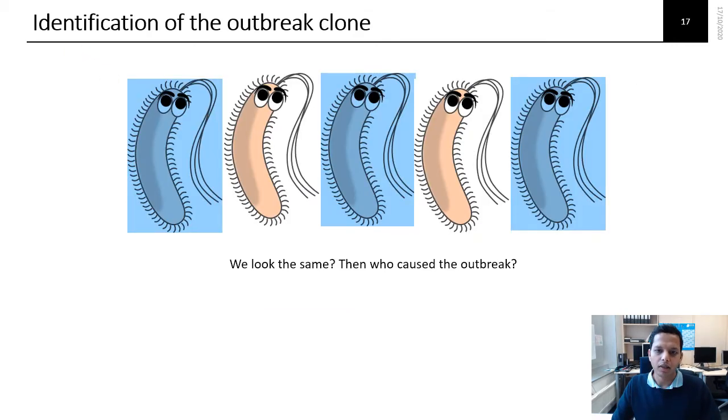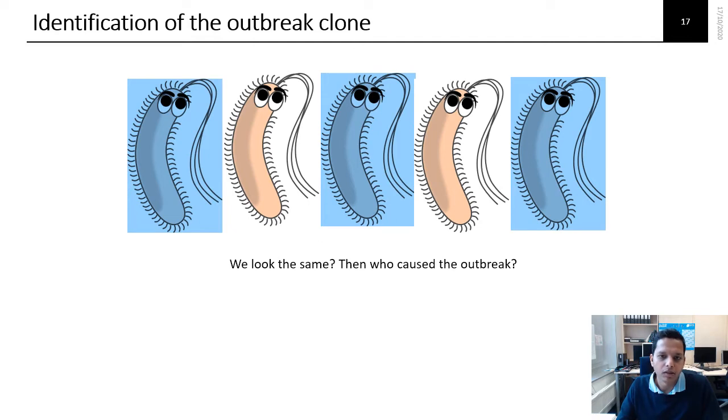The bacteria involved in the case of outbreaks are highly clonal and hard to distinguish from each other. However, these clones should be distinguished from their distant relatives. For example, if you have a swab from the gut or hospital environment, you are likely to get more than one type of bacteria or one type of pathogen. For example, Serratia or Enterobacter species are present in the hospital environment as well as in our gut as normal flora. So are they really involved in the outbreak, or are they just resident flora?